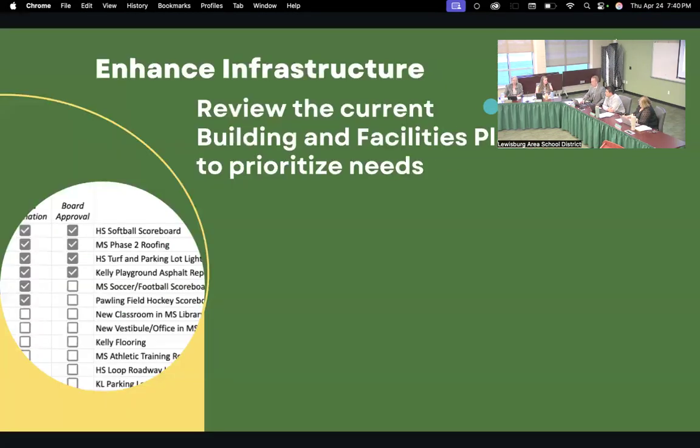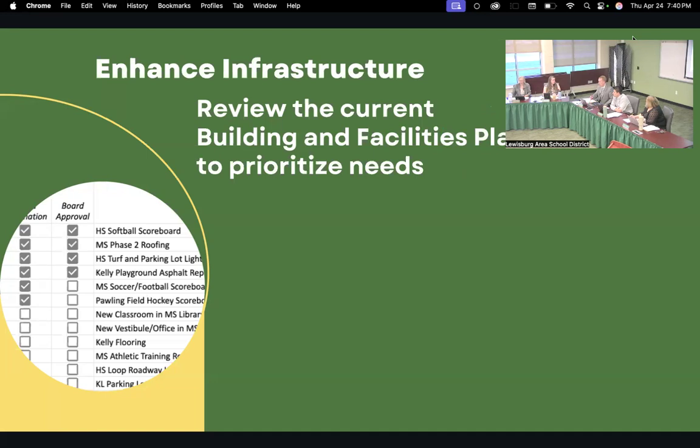And just going to walk you through some of those this evening. I did put at your place kind of a checklist that we've been using before. I have kind of a screen capture from that. We're reviewing our building and facilities plan. It looked a little differently previously, and we have been using this document the past few meetings, which